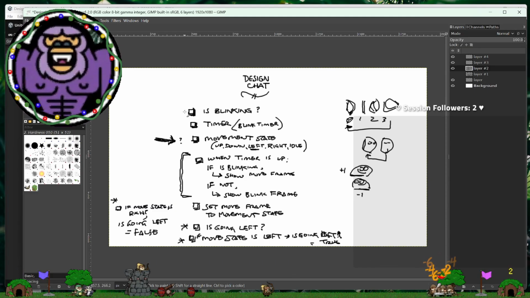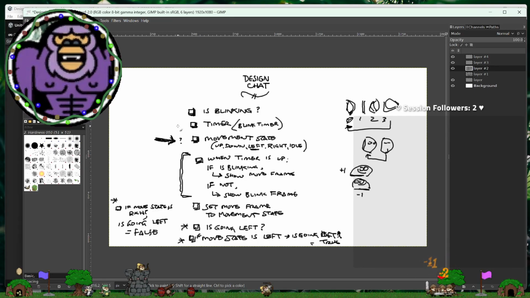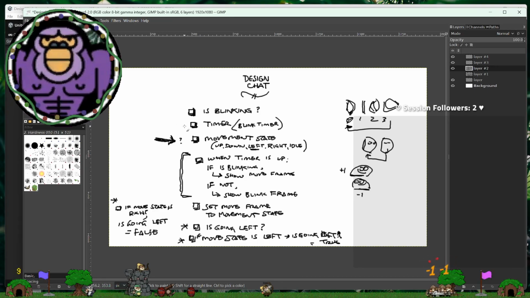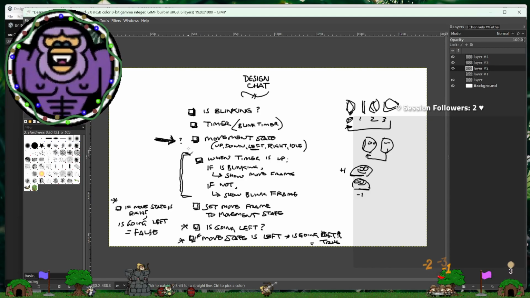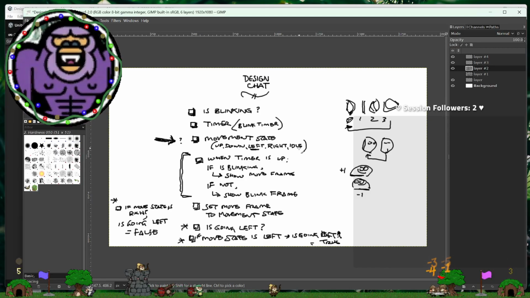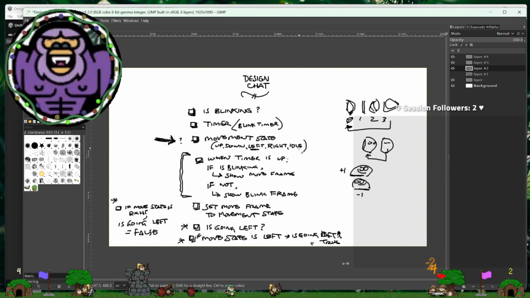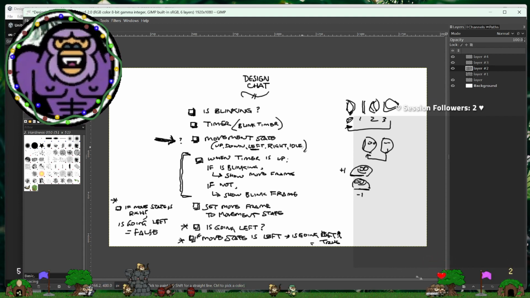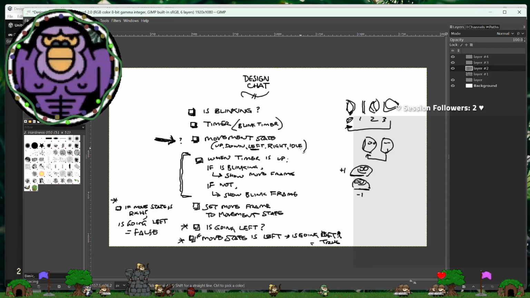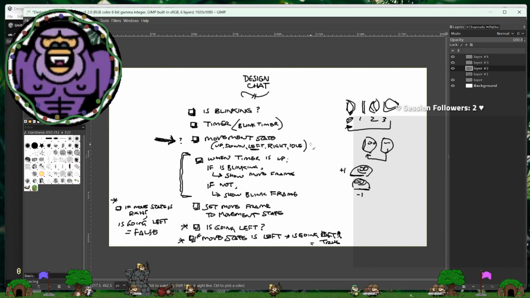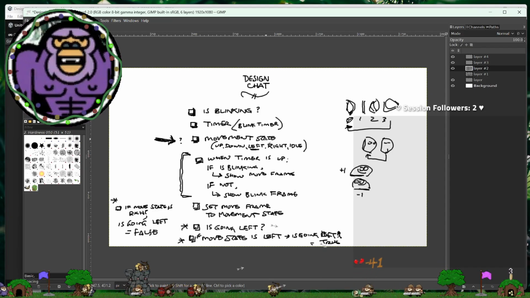I don't mind saying, are we blinking or not? I don't mind the timer at all. But I'm already concerned when we say up, down, left, right, and idle are the only 5 states, given we may actually want to do something with diagonal. Should we add to this list of movement?